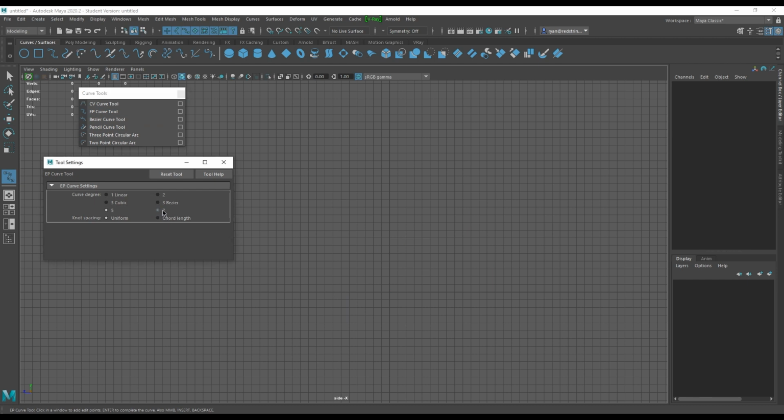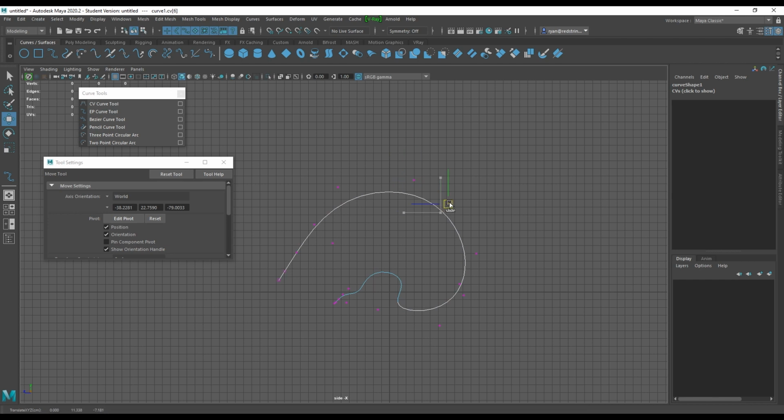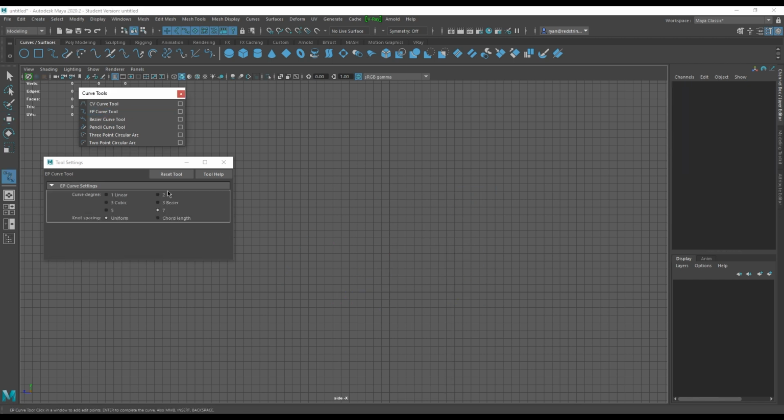Last but not least, 7. And as you can see, we can attempt to get these guys working for us, but it becomes a nightmare when we need to trace images after the fact. I press enter, control vertex. As you can see, there's a lot more CVs that we need to move around to get the potential shape that we want. Like this CV is controlling this inner curve, which you wouldn't expect, where this guy is now the outside. Okay, so let's go back to object mode, delete this guy, go to my EP curve tool, resets,